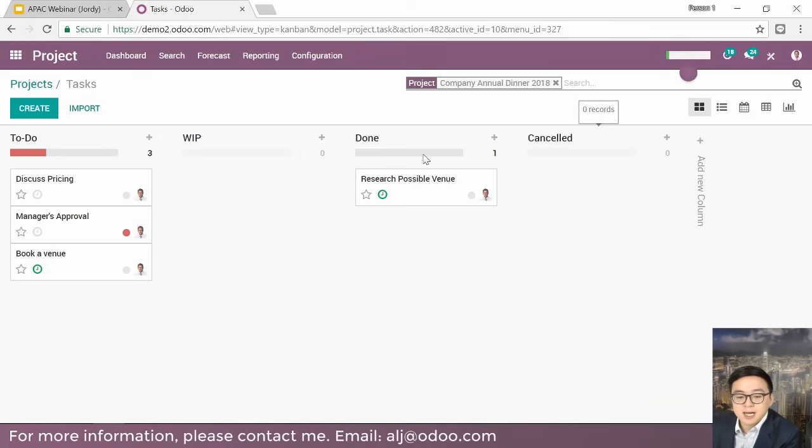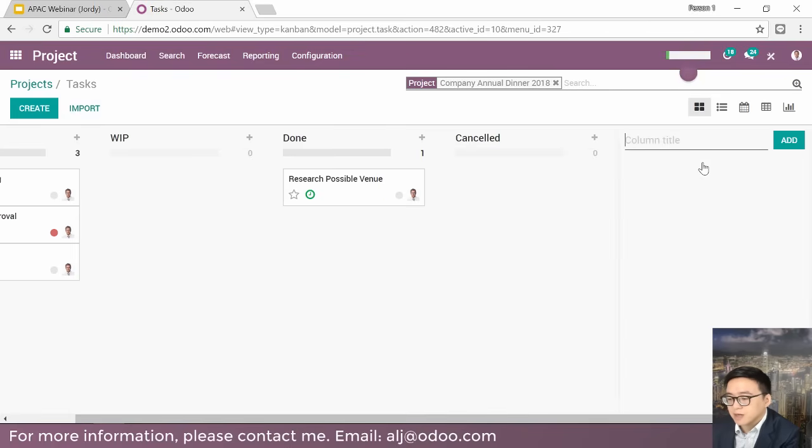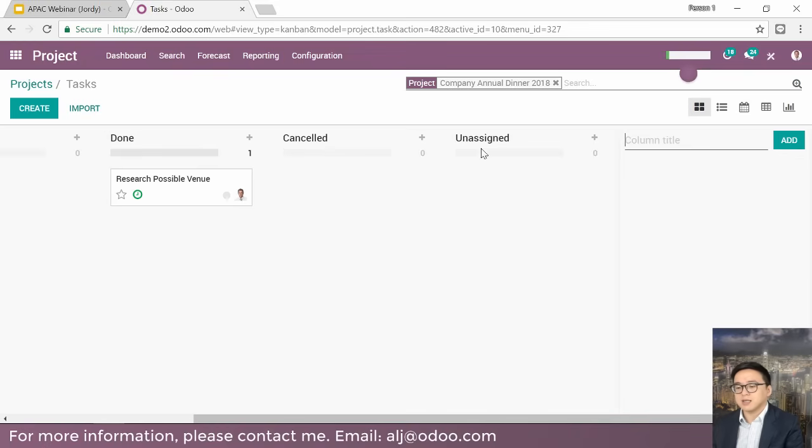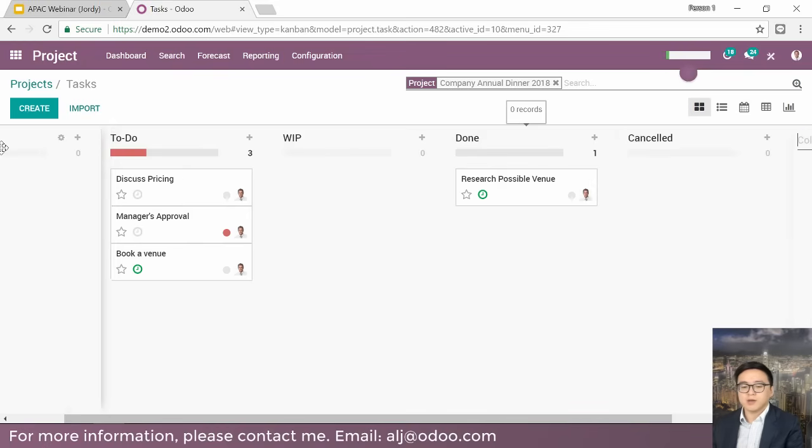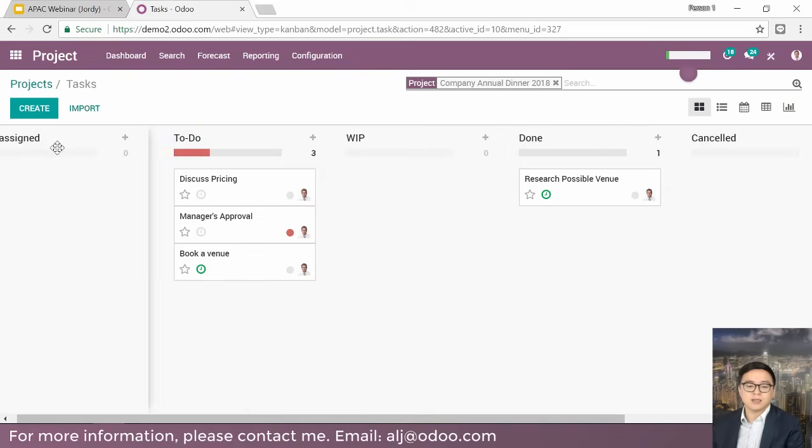So you can decide your pipeline here, or you can edit it. Maybe let me show you. We have add column here. You want to add one column here, Unassigned. So with some unassigned tasks, you can just add it here. You can move it, just drag it. If you're dragging it around, you can just move it. So maybe we want it on the first one, and then to do, work in progress, done, or